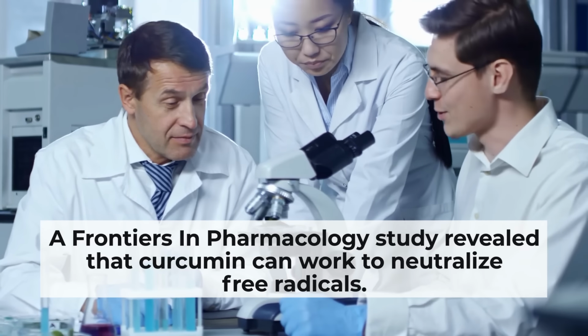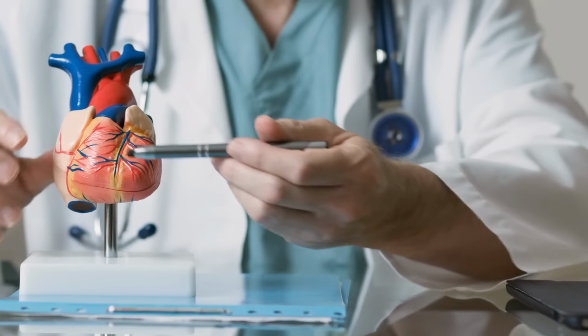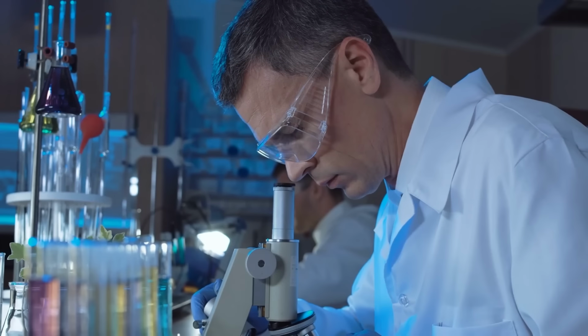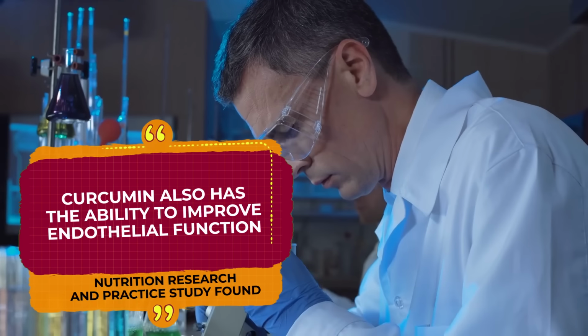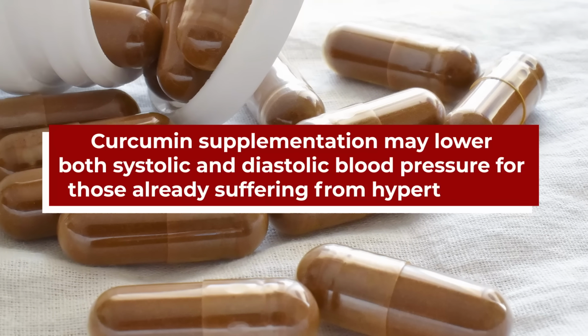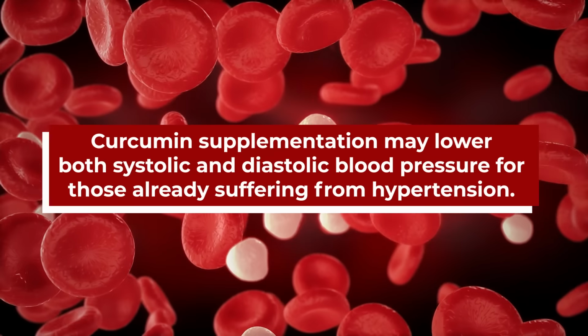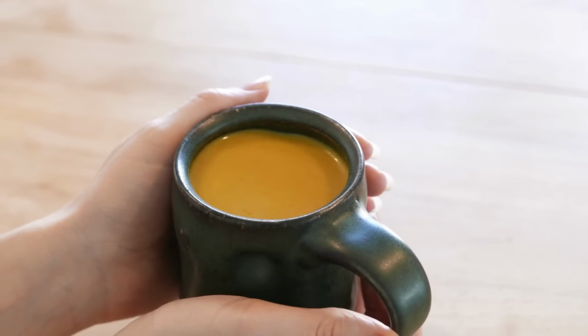A Frontiers in Pharmacology study revealed that curcumin can work to neutralize free radicals, thereby reducing oxidative stress and potentially preventing arterial damage. Plus, a Nutrition Research and Practice study found that curcumin also has the ability to improve endothelial function, thus strengthening the health of arteries. And the Journal of Clinical Psychopharmacology concluded that curcumin supplementation may lower both systolic and diastolic blood pressure for those already suffering from hypertension, meaning turmeric tea may help you improve your arterial health by providing